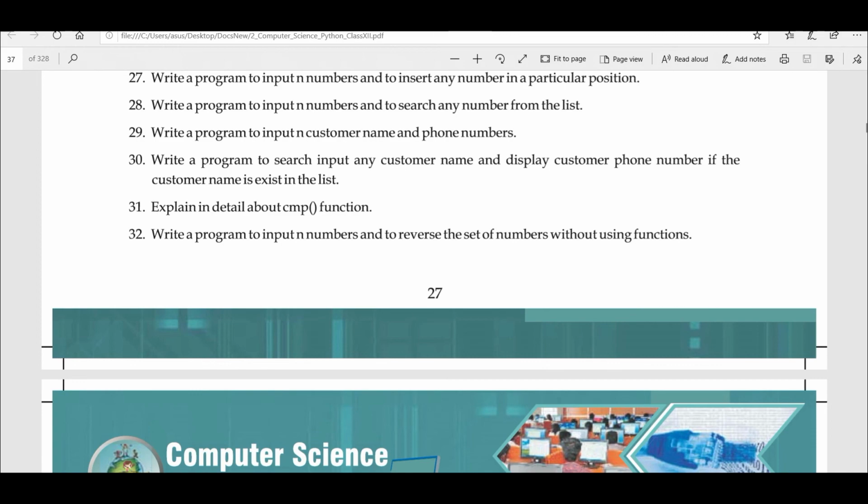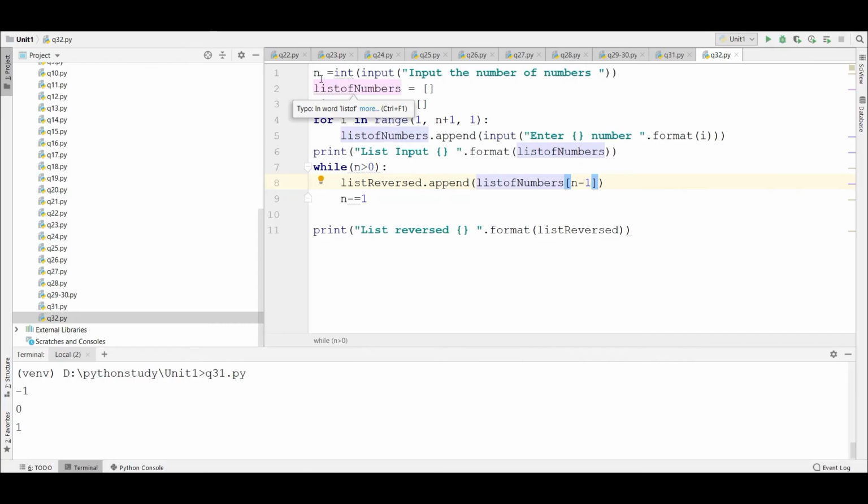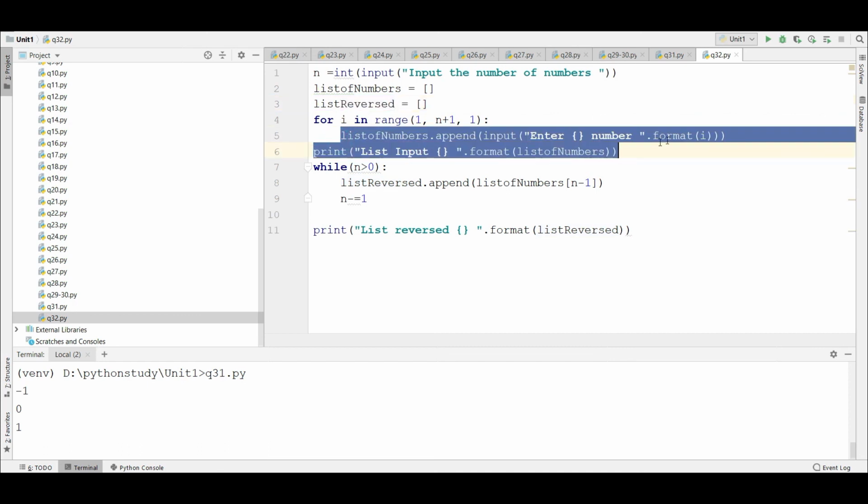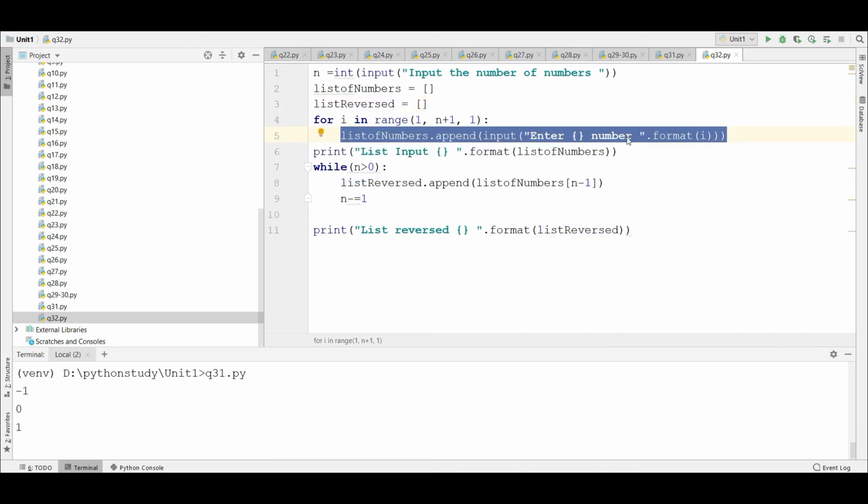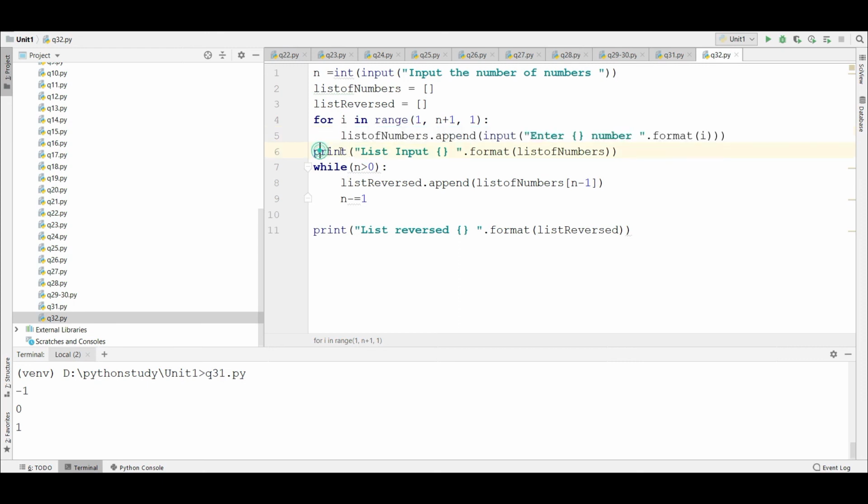Okay, now let's see this easy program. This is a very simple program again. We have taken the amount of numbers that you want to input, then we have taken an empty list. Then we have taken another list which will contain the reversed list. We have taken the entire input like we used to take, that is, we input the first number, second number, third number, any amount of numbers. Then I have printed the entire list.